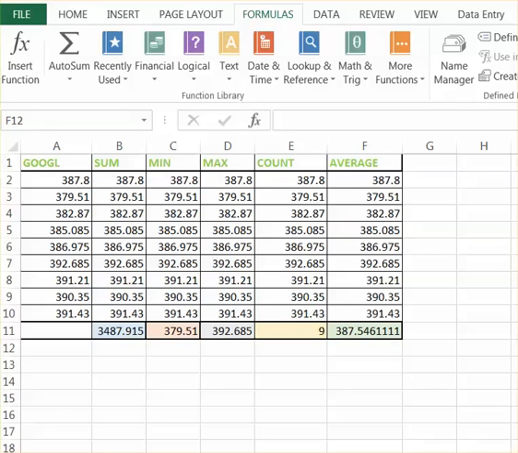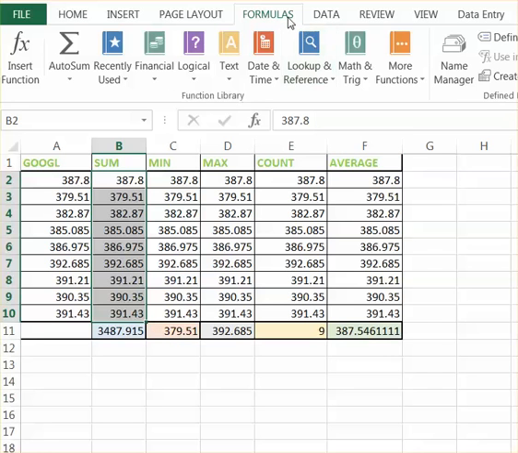Here in column A, I have a group of data set. In column B, I'll show how to do the sum function. In column B, I have the same data set as column A. We can use the sum function or we can use a formula. Now in order to do the sum function, select the range of cells that we need to add. So in column B, let's select B2 through B10.